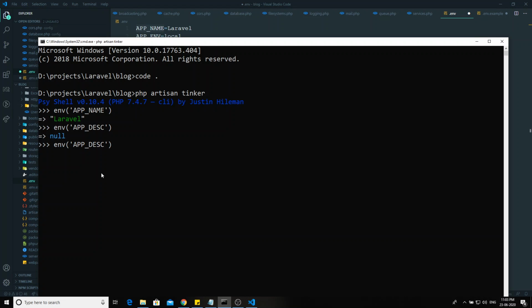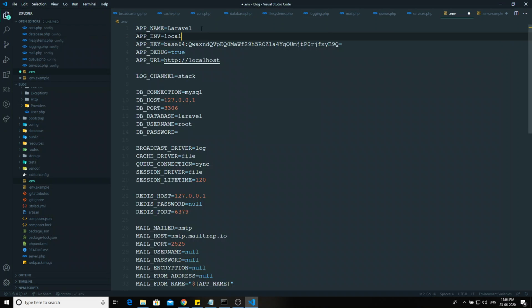So you can mention a default description also: if the key is not present in the env file, return this default description. If it is present, return the entered configuration. So if you type the default description here, since APP_DESCRIPTION is not present, it is returning the default description. Now if APP_DESCRIPTION is present,